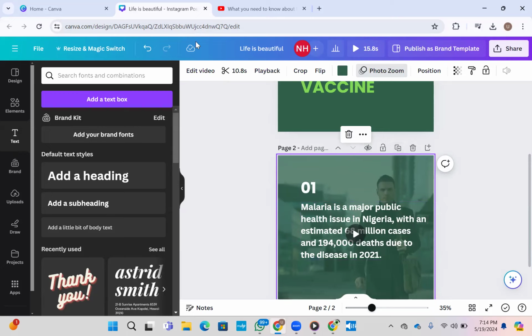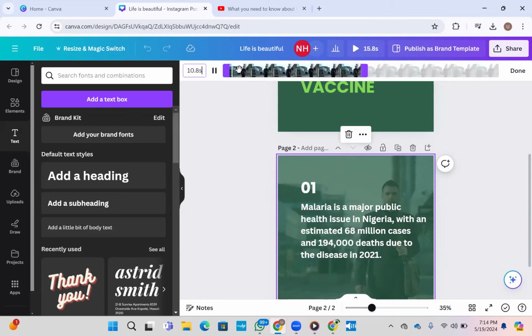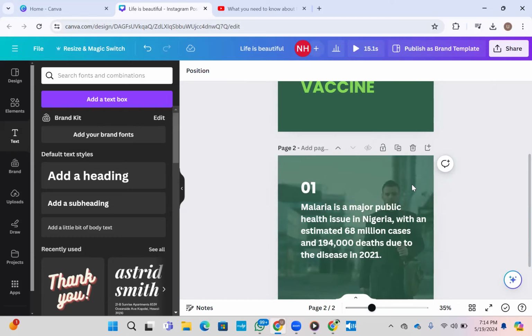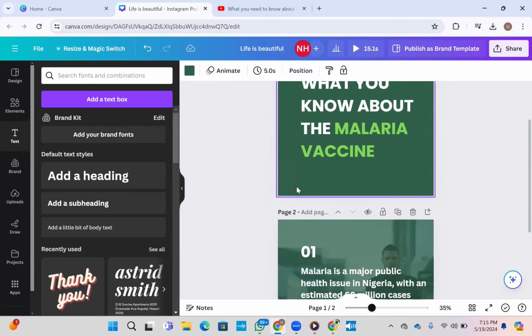If I tap on this, it's going to show me this sign to cut or trim the video. I'll just click on it and then reduce or increase. I can decide to increase, I can decide to reduce. Because I want this particular slide to be 10 seconds, I'm going to reduce the video to 10 seconds. Now I have this slide for 10 seconds, this one for 5 seconds, and this slide for 5 seconds. Once I play it now,